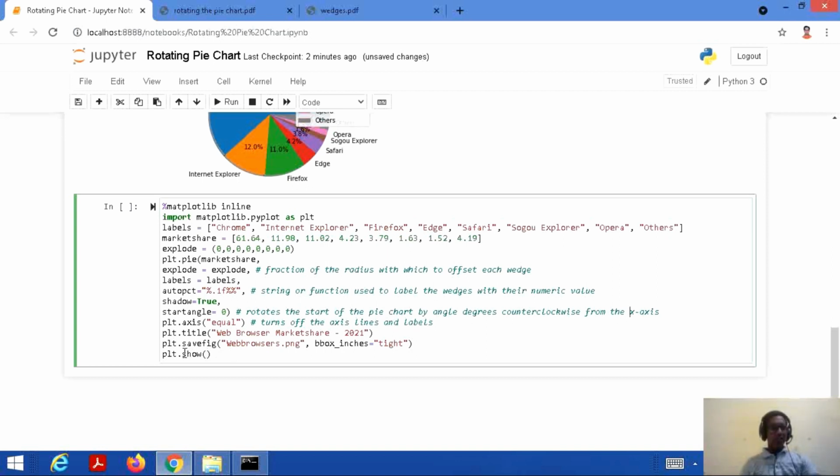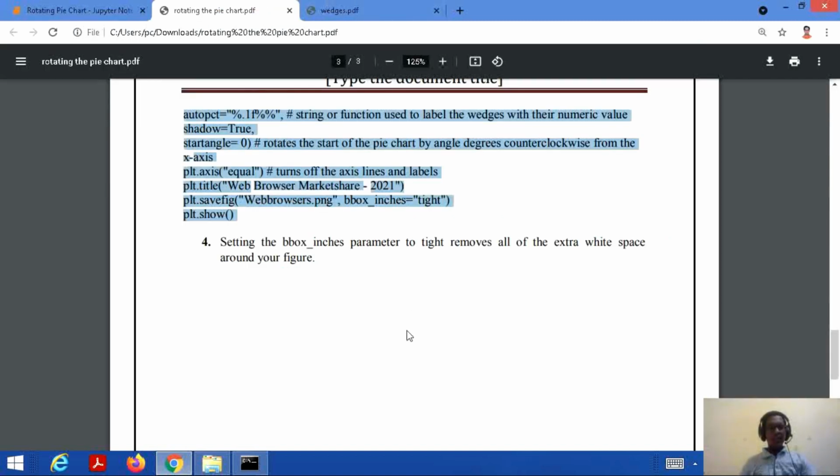The important line here is how to save our figure. So this is done with the help of plt.savefig. Okay, and we are just naming it web browsers.png, and then bbox_inches equal to tight. bbox_inches equal to tight means actually we want to remove all the extra white spaces around the figure.